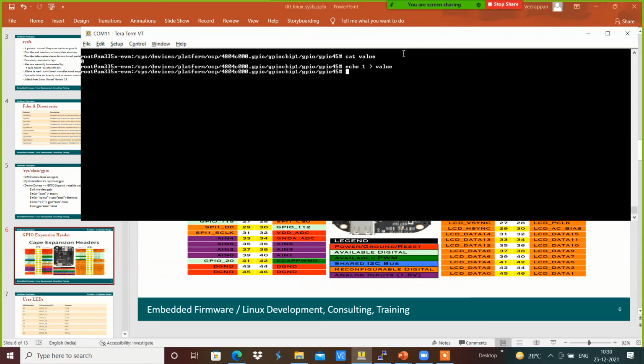Then I change the value to 0, and we get a low. Since the LEDs are connected active low, whenever we send a low, the LED will glow.